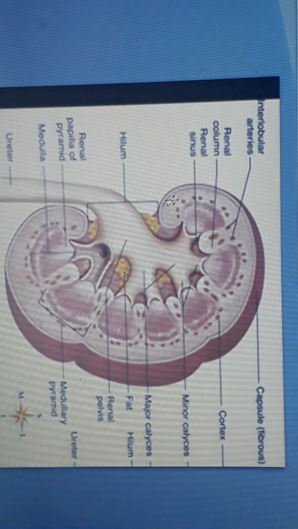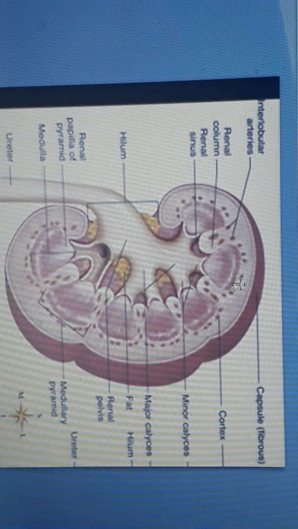The kidneys are bean shaped. The length of the kidney is about 11 to 12 centimeter. Breadth is about 5 to 7 centimeter and its weight varies, that is from 155 gram to 170 gram. The kidney is surrounded by a capsule which is fibrous in nature. Below the capsule there are two layers of fats which serve as protection.